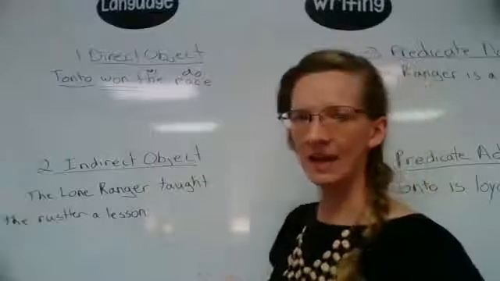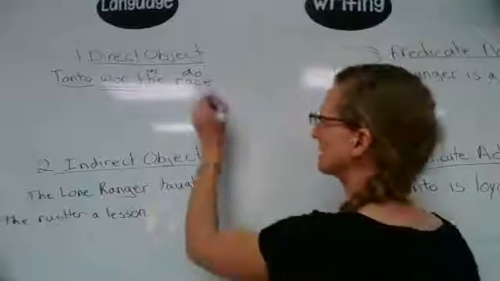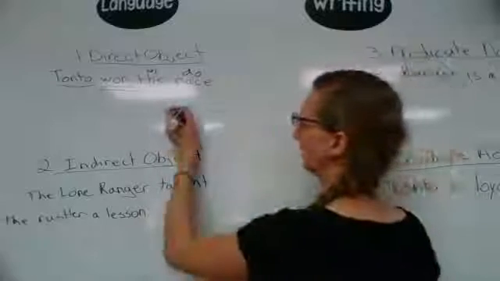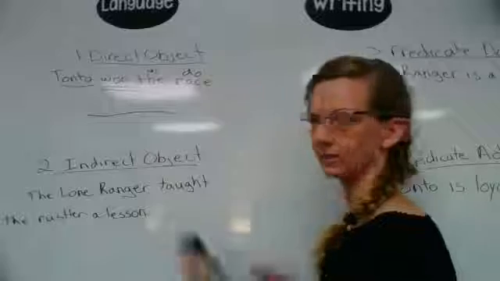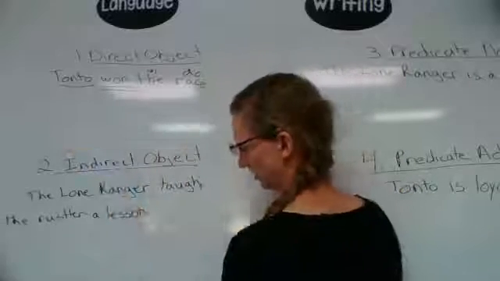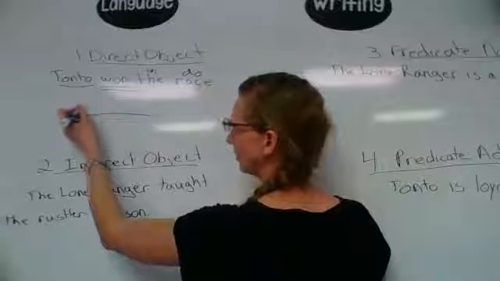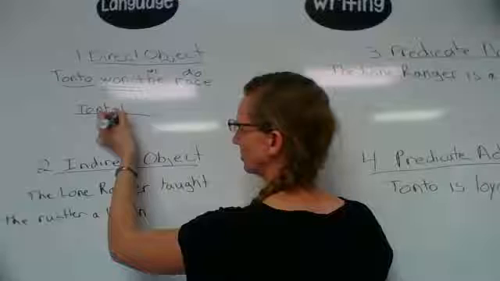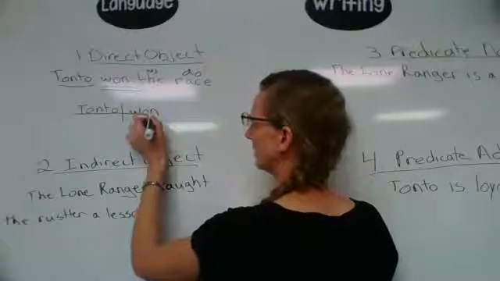So won is an action verb. He won something. He did something. So we know that race is a direct object. So first, let's diagram our subject and verb like we always do. You should already... That is not a very straight line. Try that again. Okay, do your line, Tonto, and then remember the line between the subject and verb goes through the line. Tonto, won, and then your direct